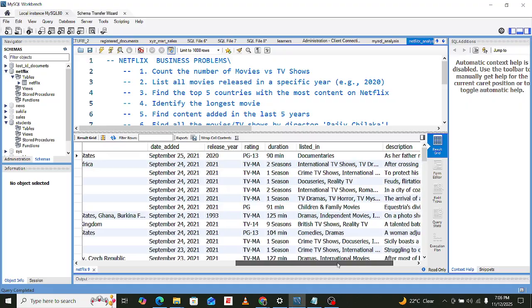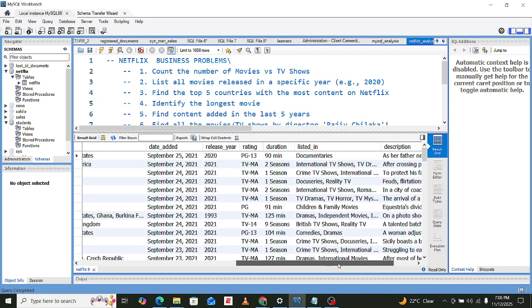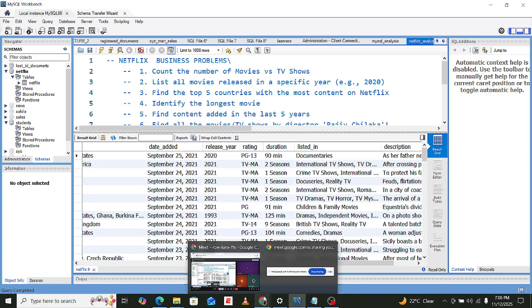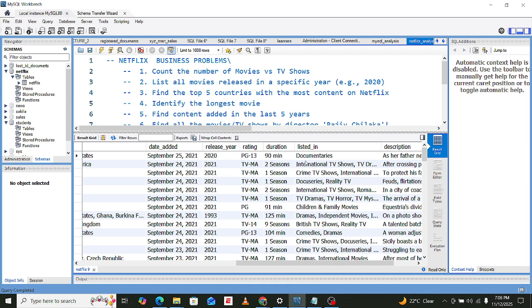Then we have the listed in column, which holds categories. It can either be a documentary. I'm sure Wanja does watch documentaries. So it can be a documentary, maybe an international TV show, all these kinds of categories.